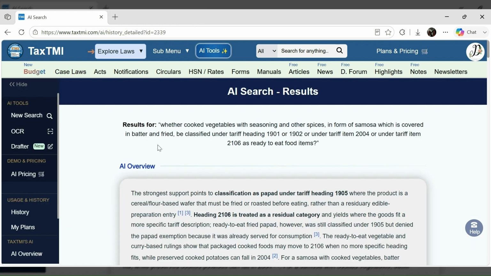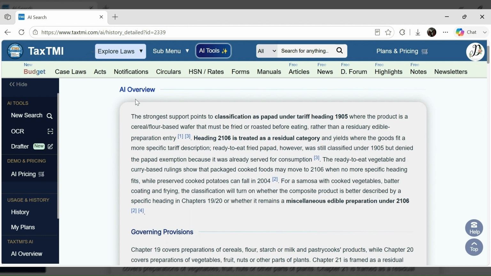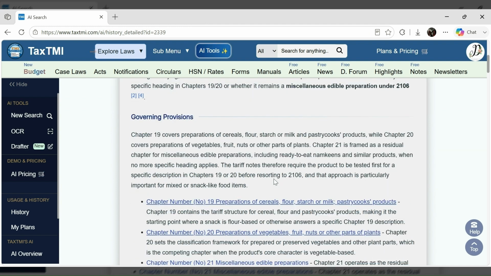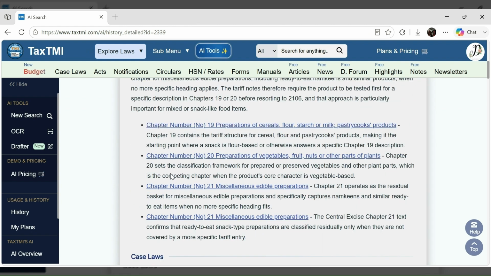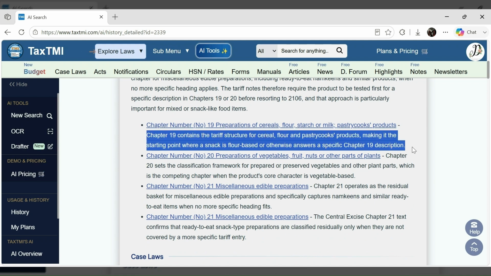So the results are there. I guess it took approximately 10 seconds, 12 seconds. And so this is the AI overview. As we saw in the basic model, it showed only suppose till here. This much it gave. And here again, there are inline references, which I can go and click and read them. Below that are the governing provisions for my query. So it gives me the link, and along with the link it tells me a quick summary of how this link or this document is relevant to my query.